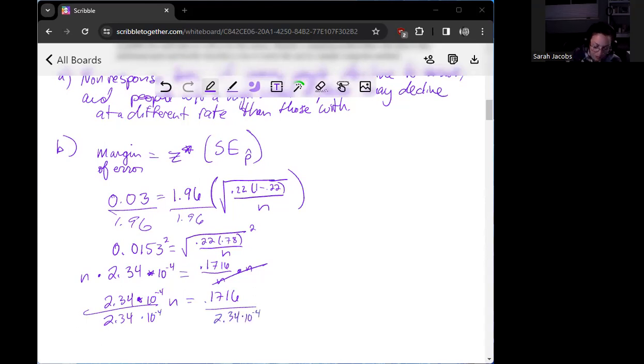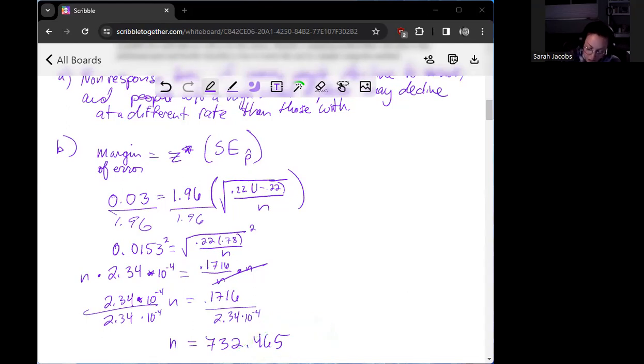And again, I've actually left these numbers in my calculator, so I'm not using the rounded versions when I'm actually putting it in my calculator. I'm going to wait and round at the very end. So I get here that n is equal to 732.465,